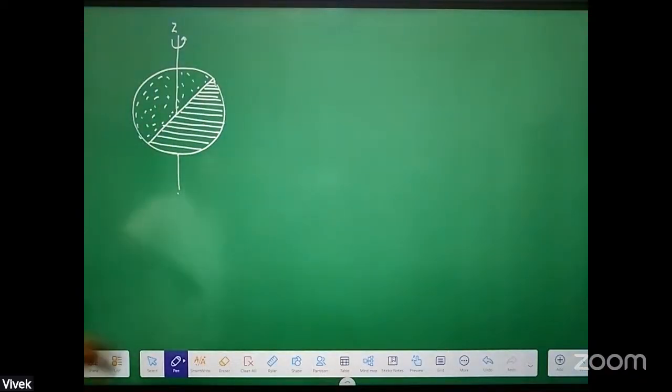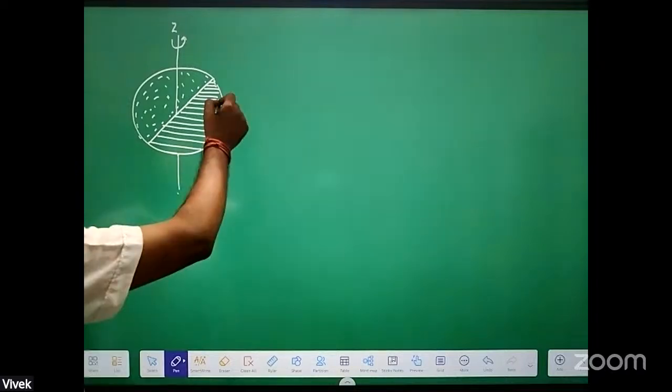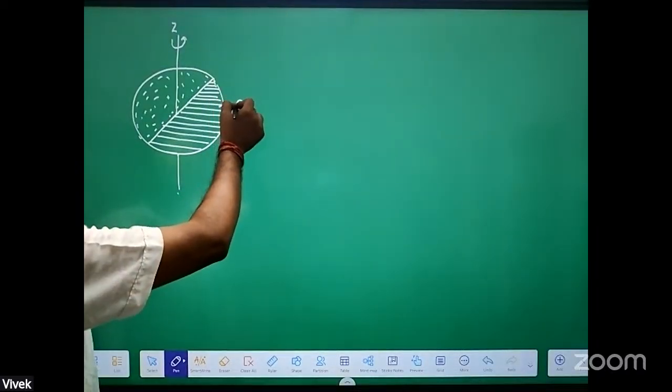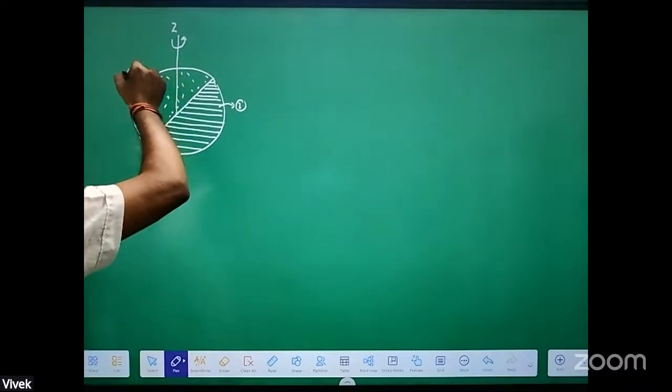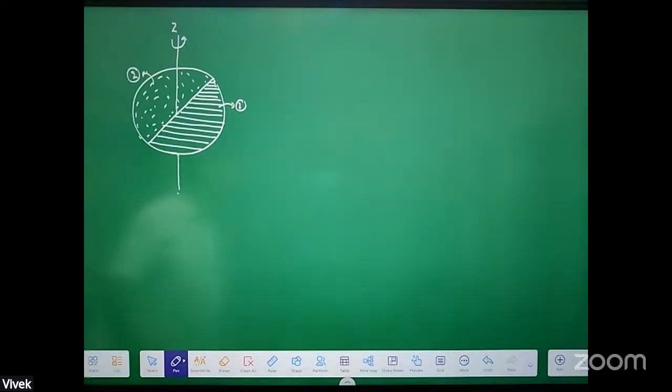Now, can you tell me what will be the moment of inertia of the half disk? ठीक है ना? About the same axis. This is the first part. I say this is the second part of the disk, second half. First half and second half. Can you tell me what will be the moment of inertia of this part one about this axis? MR square by 4. By 4 MR² ही MR² रहेगा. हाँ, try to understand one thing, that